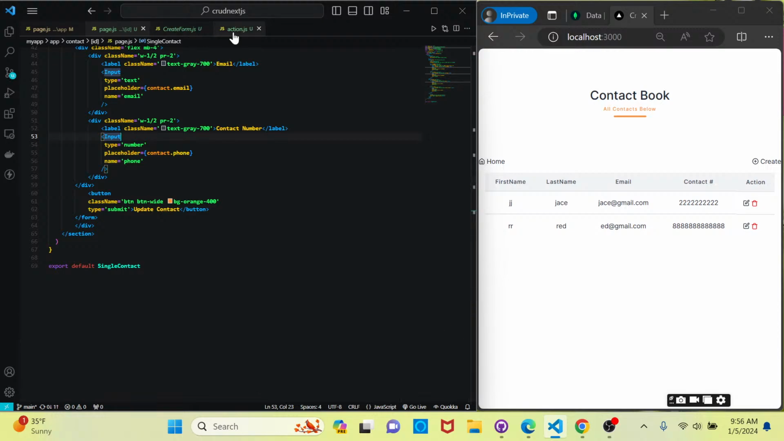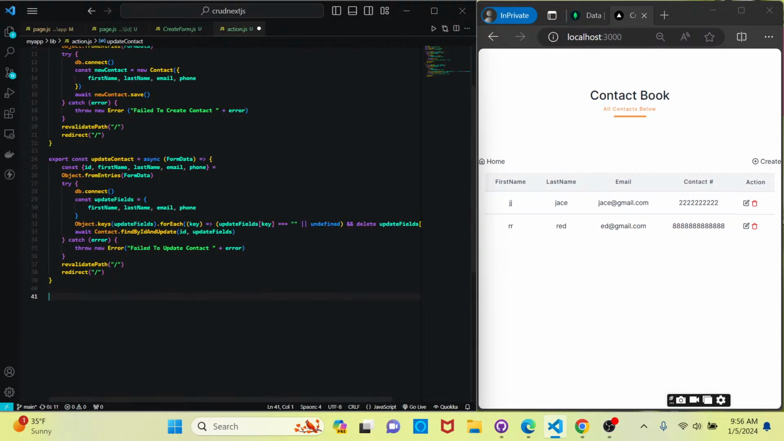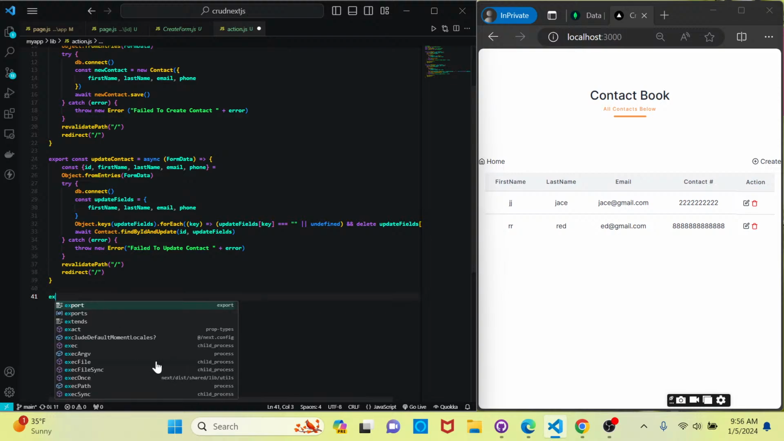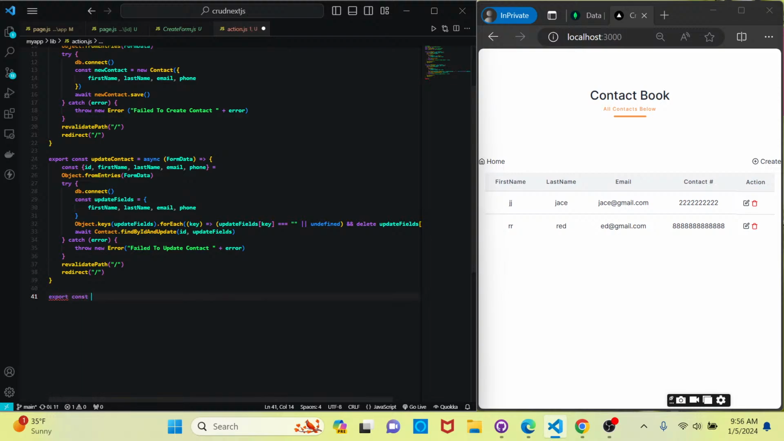The only thing we have left is to implement the action of delete. So if you go back to the action.js file, at the bottom, we're going to add in our delete action. So let's just go ahead and name this function export const, and we'll go with deleteContact. We'll make it async. And we'll go formData,